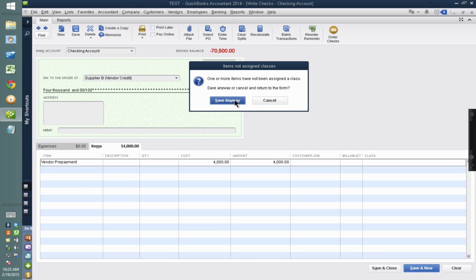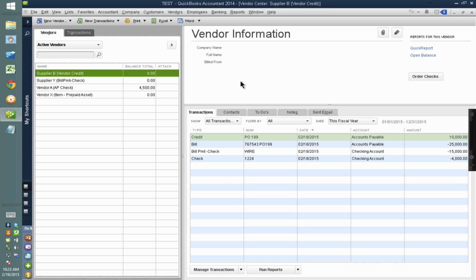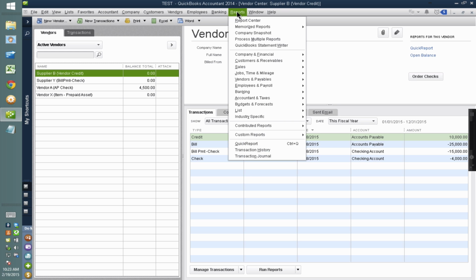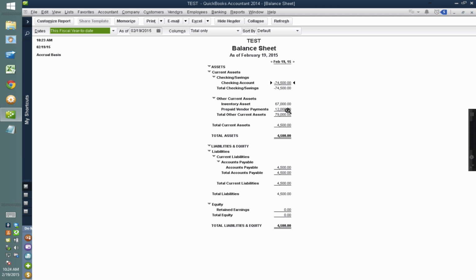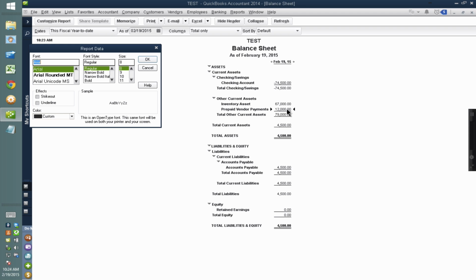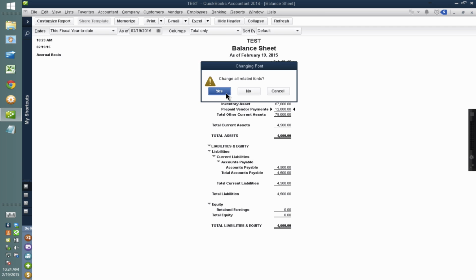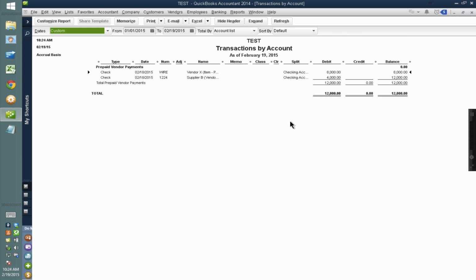So now I have two vendor prepayments that should be in my balance sheet, and that's really what I want to show you. So I'm going to go into the balance sheet here, into the company financial balance sheet, and then I'm going to show you there's an asset here for prepaid vendor payments. The challenge here is that I don't know who of my vendors this money belongs to. So when I double click on this number, in this particular case it's easy to identify because it's just two,